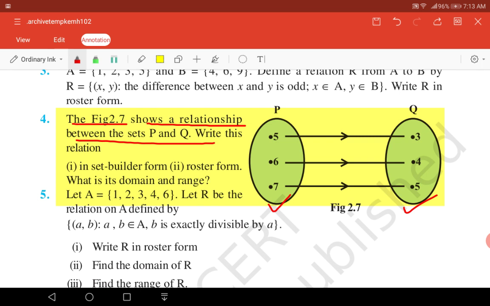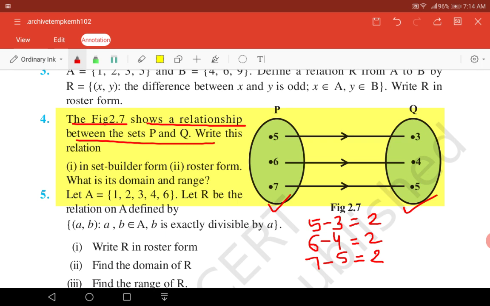So what is given here? Yes, this is given the element of Q is always less than 2. ओके अगर हम P एलिमेंट में से P के किसी भी एलिमेंट में से, जैसे मैंने लिया 5, उसमें से मैं 3 को लेस करूँ, देन आई गेट 2 हेयर. Similarly, if I am taking 6 and I subtract from it 4 from it, then we will get 2 here. Similarly, 7 minus 5 equal to 2. So yes, we conclude that element of P is 2 more than element of Q.